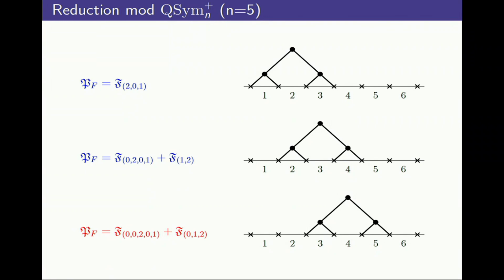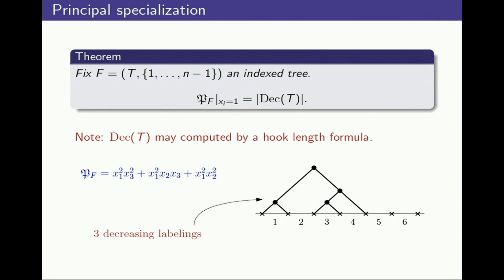Okay, so 13 minutes or so. Let me see. Oh, so I've told you how to reduce forest polynomials modulo QSym. The other thing I was interested in was principal specializations. So here's a result that tells you that principal specializations of forest polynomials are nice. You count decreasing trees. When you specialize, if your forest is exactly of this sort, then you can specialize all x_i equal to 1. Turns out you're counting linear extensions again. And so this is computable by a hook length formula. So you can give a product version, and you know the all-ones specialization of any forest polynomial.